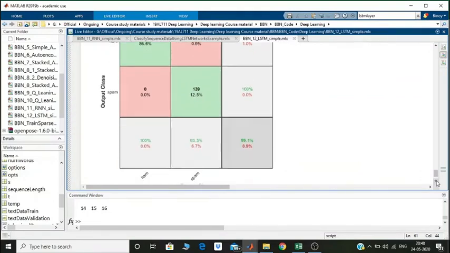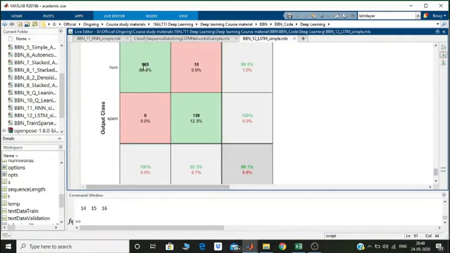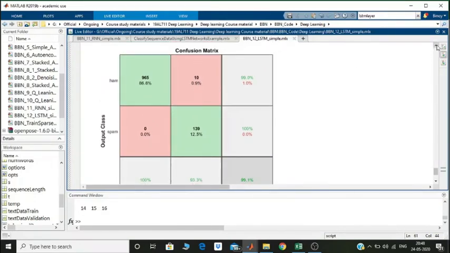As you can see, the correct classification of ham to ham, that is non-spam messages to non-spam, is 86.6%. 10 samples are getting misclassified here. And the 139 messages in the spam category are all almost 100% correctly classified as spam, so there is zero misclassification.